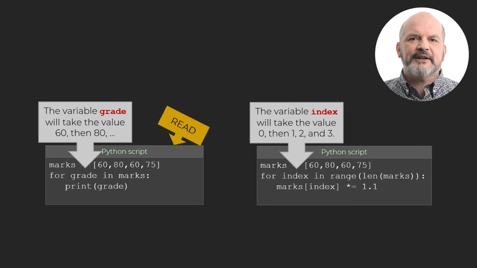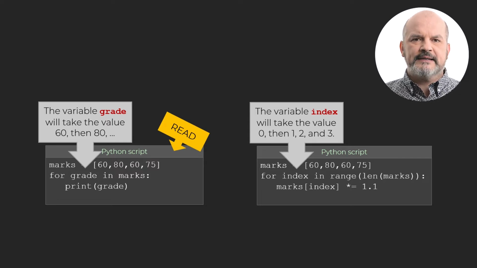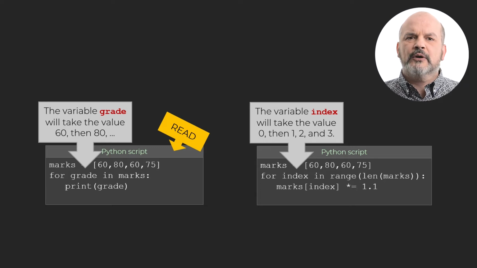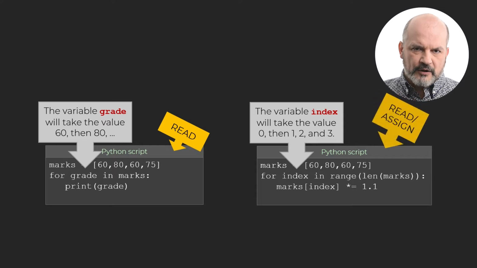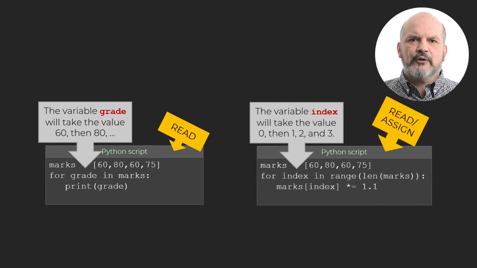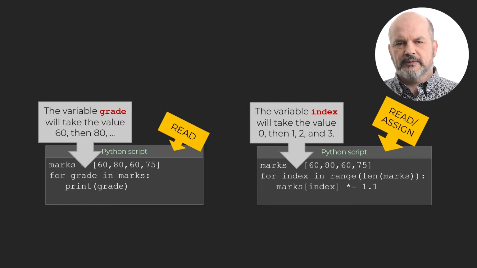The code on the left-hand side is useful when you want to read the content of a list without modifying it, or where the index of an element in the list does not matter for the process. On the other hand, the code on the right-hand side is useful when values in the list need to be modified, or when the position of an element in a list matters for the process within the loop.